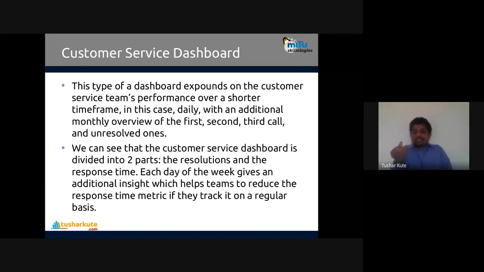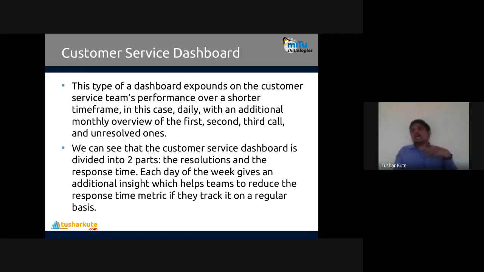Okay, and on a daily basis, call by call basis, or weekly basis, or multiple call basis, how the customer has responded to the company. So like an additional overview of the first, second, third call, unresolved calls, that we can see. The customer service dashboard is divided into two parts: the resolution and the response time.